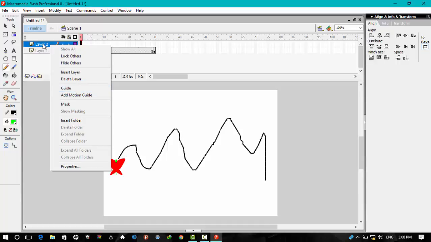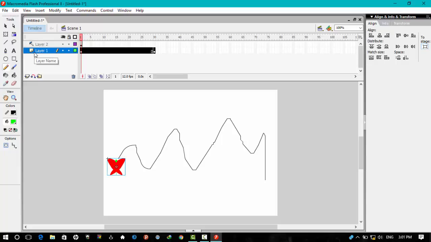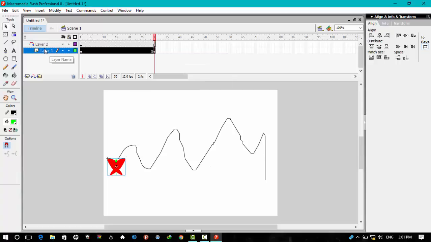So I'm going to click on my layer 2 with a right click, go to guide. So you can look, a hammer kind of thing has come here, and get your layer 2, layer 1, the butterfly, press alt and push this layer up, and you can see a ball bouncing thing right here on your layer 2, the path. You can select the selection tool, grab right here, insert frame,